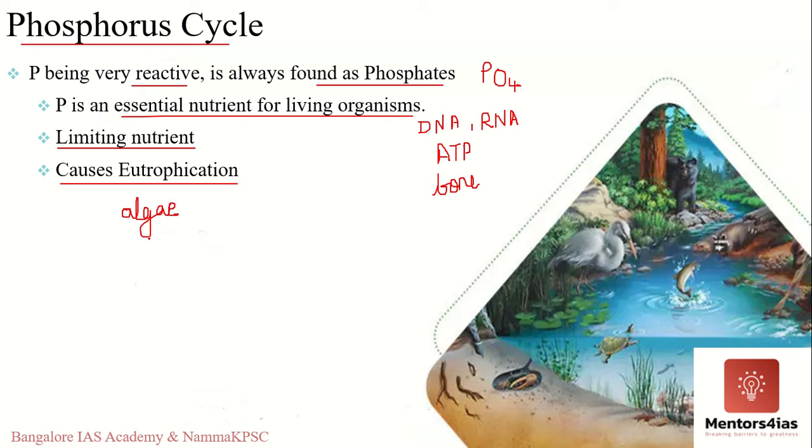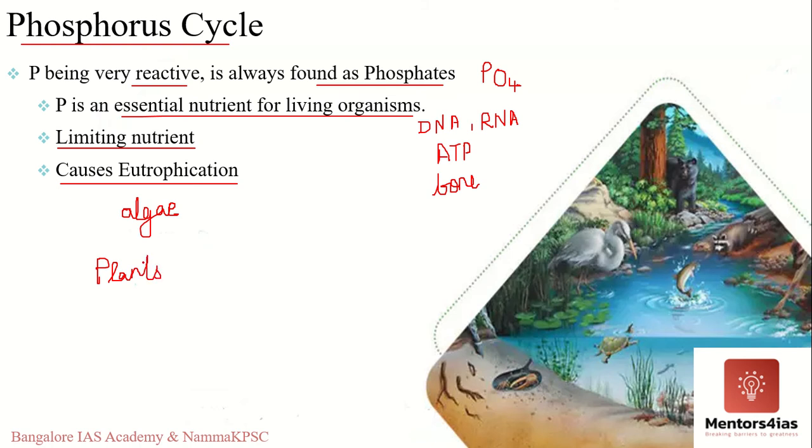So at this stage you can just make a note of this concept. In detail we'll discuss it later, so you can just make a note of it. Phosphorus causes eutrophication. The other point that I want you to remember is that plants take phosphorus from the soil, and when we eat plants, phosphorus is introduced into our system. That is how phosphorus is